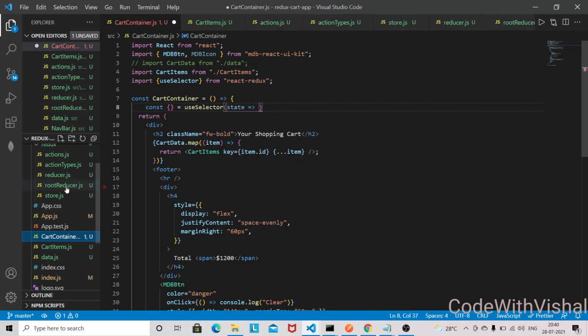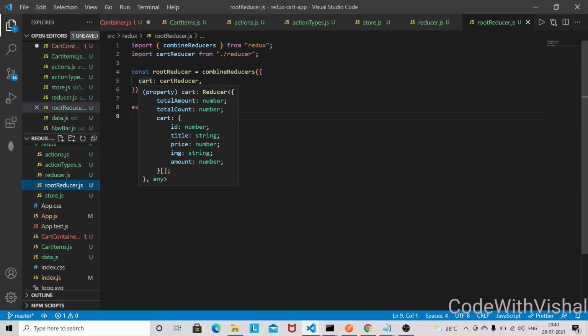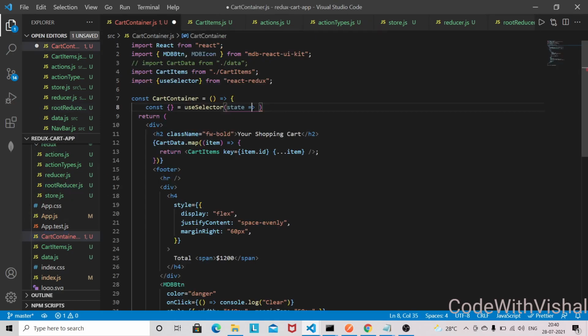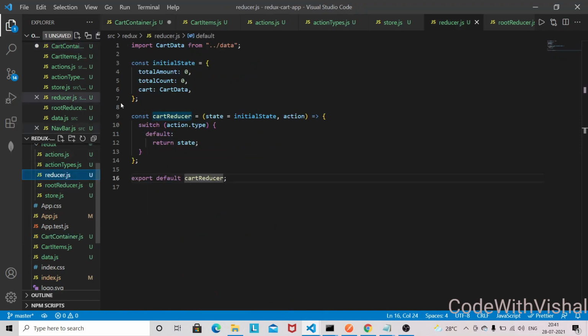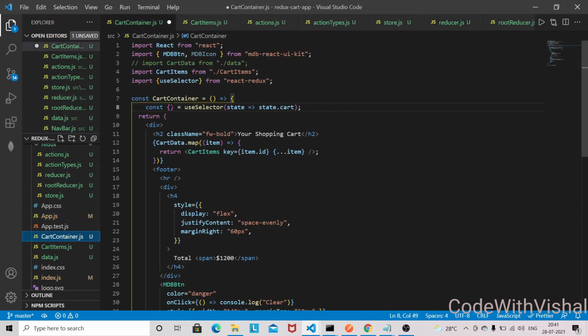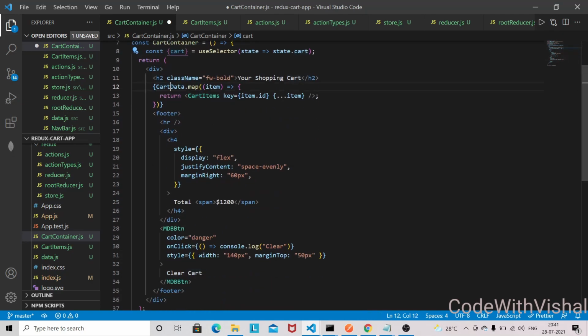Since our root reducer is registered with this value, this cart, I'm going to use state.cart. I'll be using it just like this, state.cart. Okay, and from state.cart I'm going to destructure this state. So we need cart here. Okay, so in cart container I can use this cart, and this cart can be used here instead of cart data.